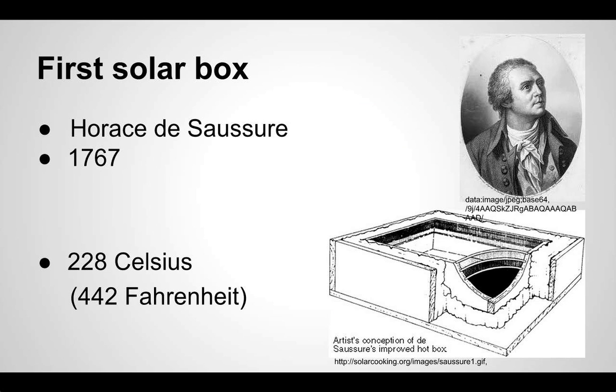The first solar box was made by Horace de Saussure, a Swiss scientist, in 1767. He made this first solar power box with a cardboard box, and with some black lined boxes, and as you can see,